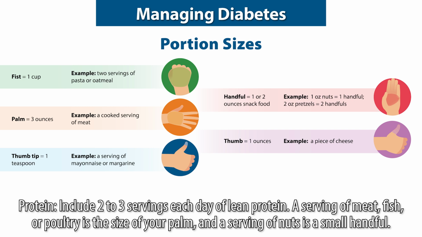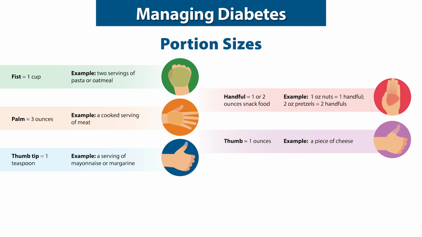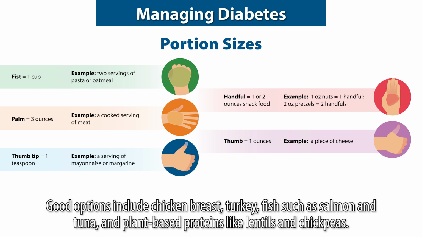Protein. Include 2 to 3 servings each day of lean protein. A serving of meat, fish, or poultry is the size of your palm, and a serving of nuts is a small handful. Good options include chicken breast, turkey, fish such as salmon and tuna, and plant-based proteins like lentils and